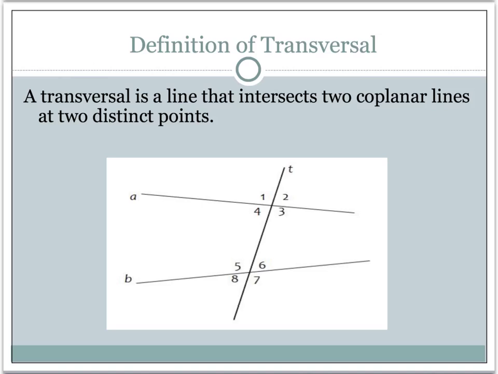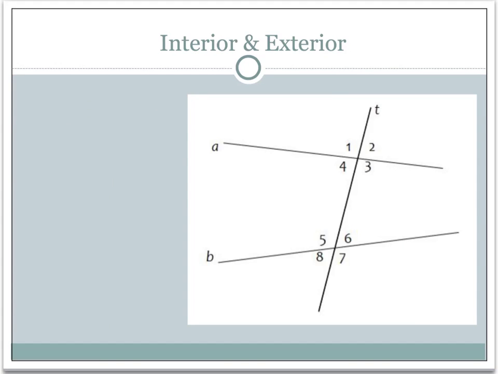distinct points. Now what you want to notice is when this happens, when a transversal intersects two lines, 8 angles are formed. There's 4 angles that are formed when the transversal crosses the first line, and then there are 4 more angles formed when the transversal crosses the second line. We're going to take a look at these pairs of angles that are formed and see what happens when a transversal crosses two lines. Before we can do that, we're going to have to understand the difference between interior and